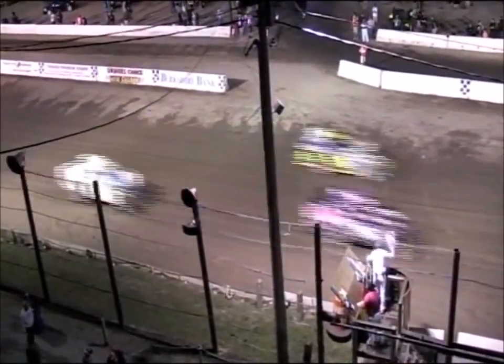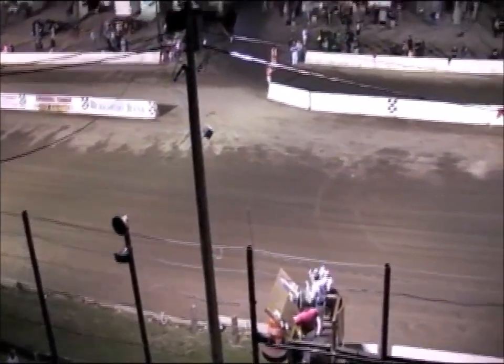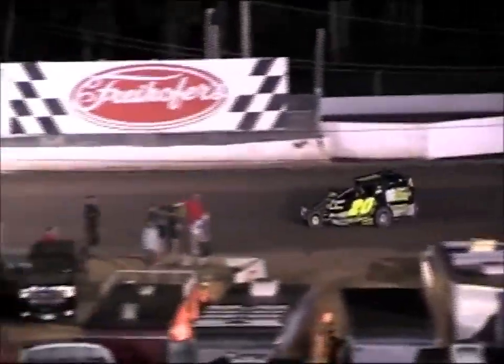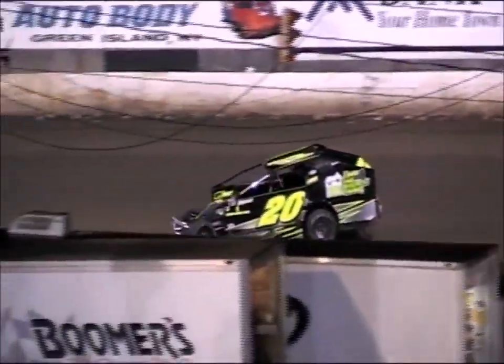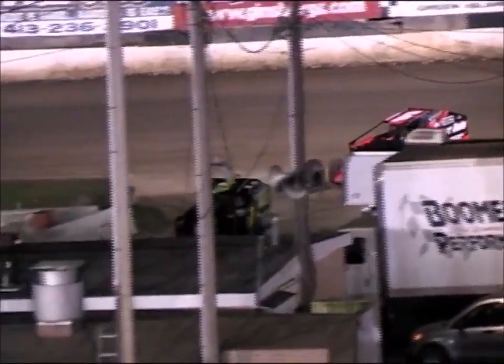Double checkers are in the air. The battle on the banks goes to the number 20 of Matt Pappa. The 20th junior of Pappa picks up the win. Matt Pappa gets the victory. The 14 of John Virgilio will finish in the second spot. Third spot goes to the 28 of Cody Hunt. Fourth spot to the 78 of Frank Hoard Jr. And rounding out your top 5 is the 21 of Kevin Arnold. Big shout